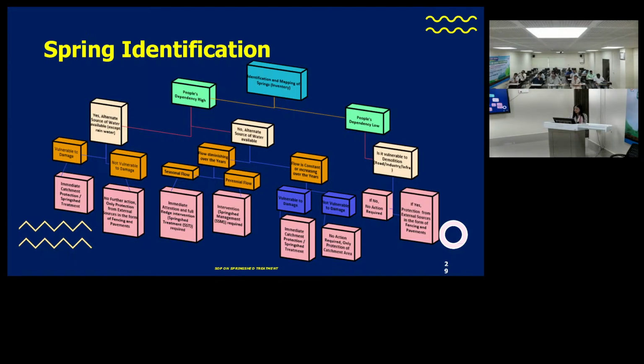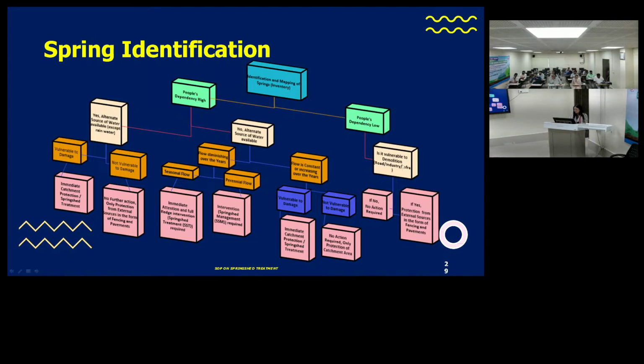So this spring will not come under the category of springshed, though suppose you have already marked the recharge area. By doing this assessment, you know that we don't need to do any recharge intervention in this area. So this one. Now, after identification, if the people's dependency on that particular spring is low,